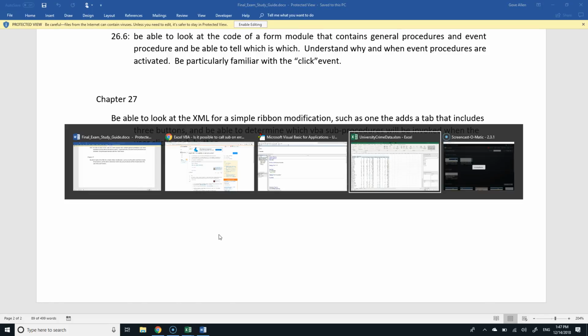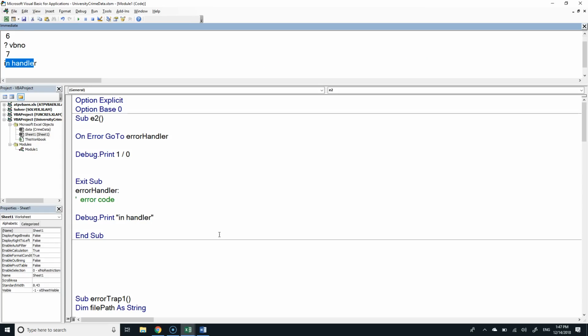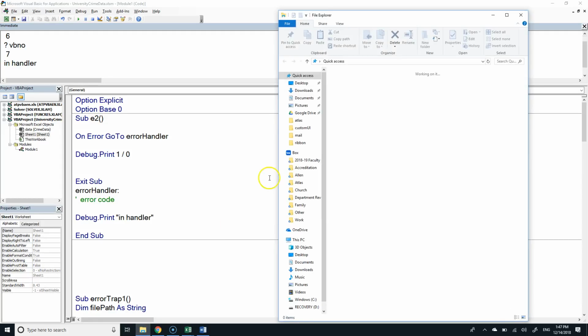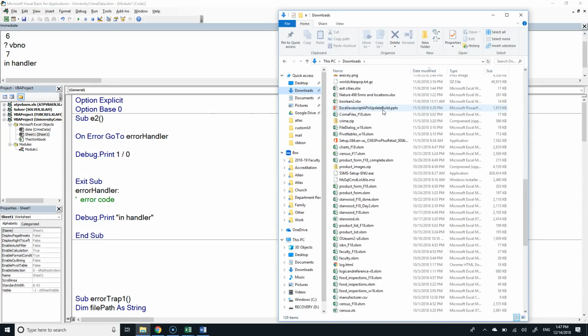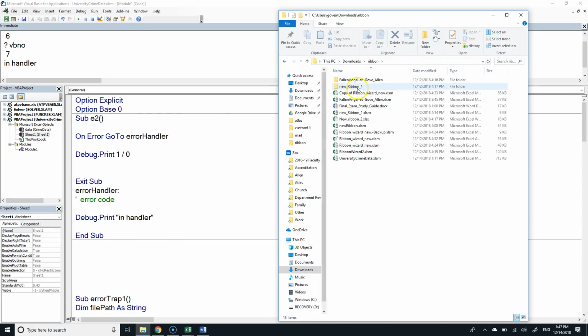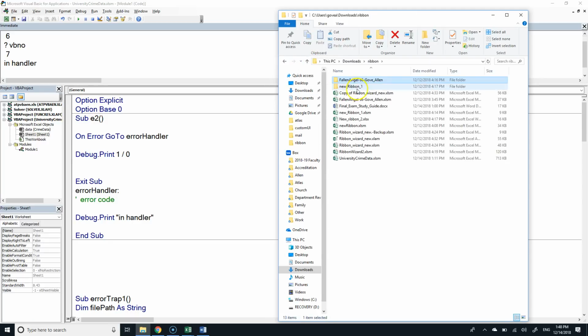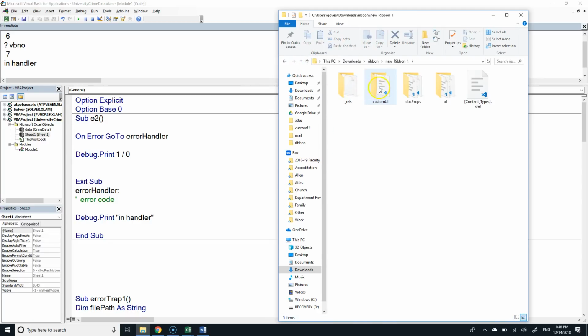So let's see if we have, fortunately, code that looks kind of like that. If we can just go download a workbook, which I think I have. Oh yeah, I should have the example from earlier this week. So that's in downloads. Ribbon. Fallen Angel should have it. Okay, so I'm just going to go look at the, how come Fallen Angel doesn't have a custom UI interface? New ribbon 1. There was a custom UI. Let's look at this one.